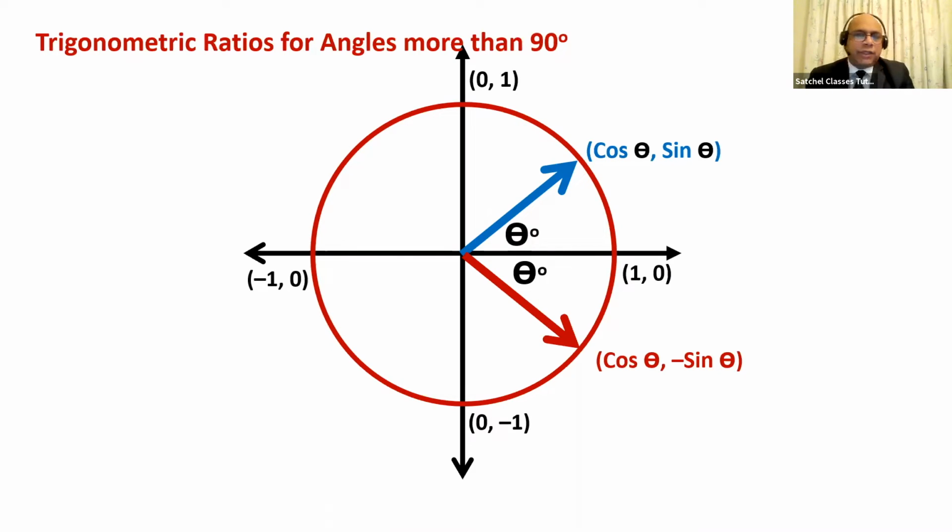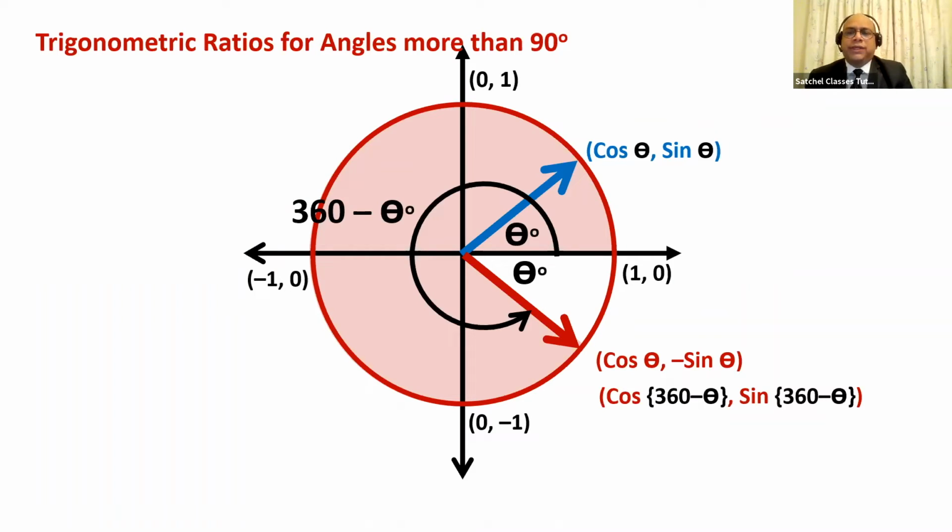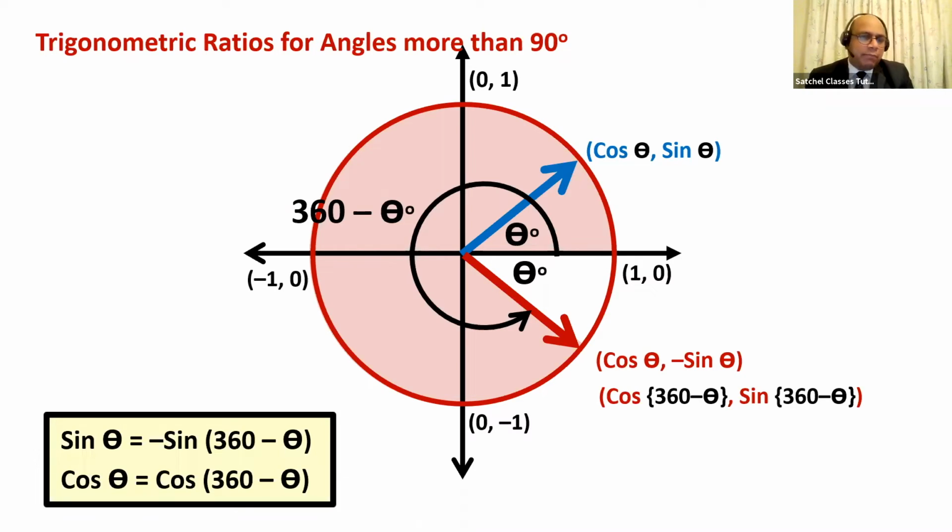The coordinate that we had originally derived was cos theta and minus sine theta. But what's the angle this time it is making with the positive x-axis? As you realize, it is 360 minus theta, because had it completed the full circle, the angle would have been 360, but it is theta short of that. So 360 minus theta. And hence the coordinates of that point would be cos of 360 minus theta and sine of 360 minus theta. If you compare, the cos has the same sign, but the sine will have opposite signs. So sine theta will be minus of sine of 360 minus theta, and cos theta will be the same as cos